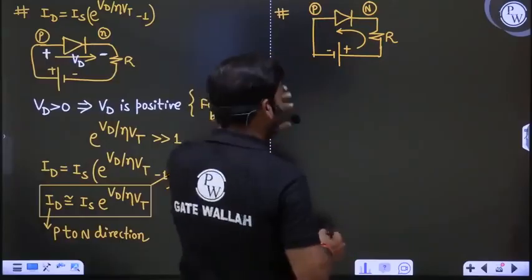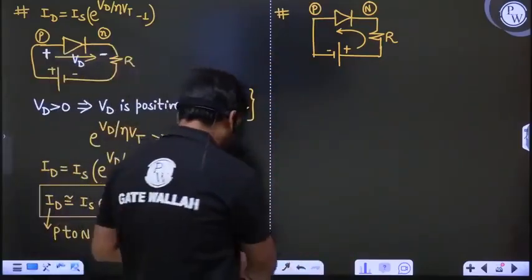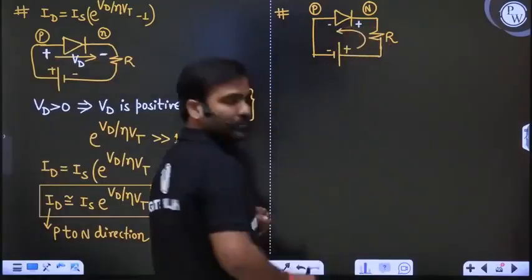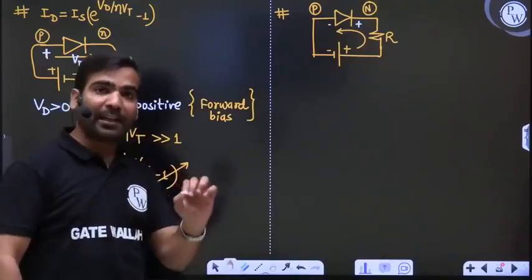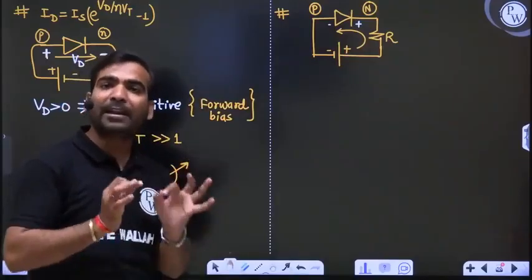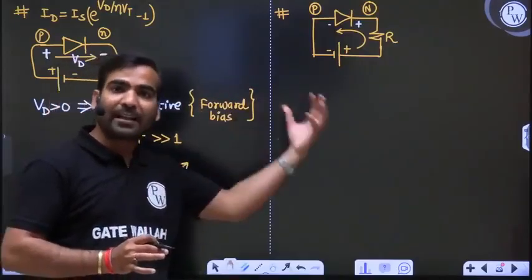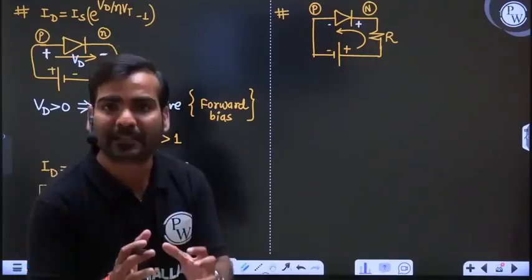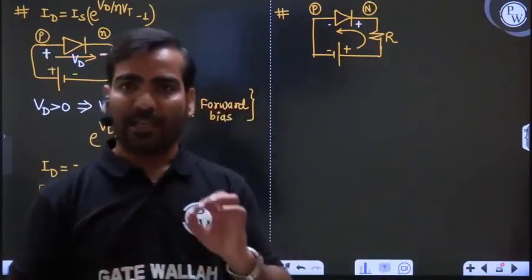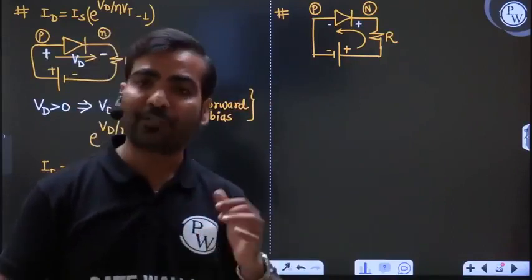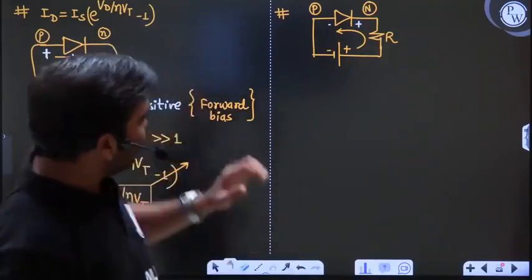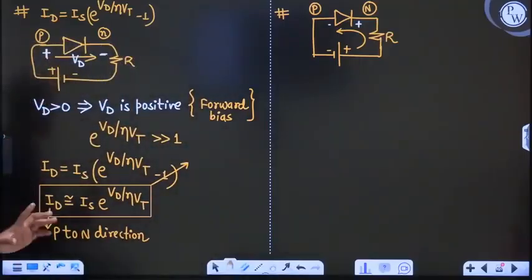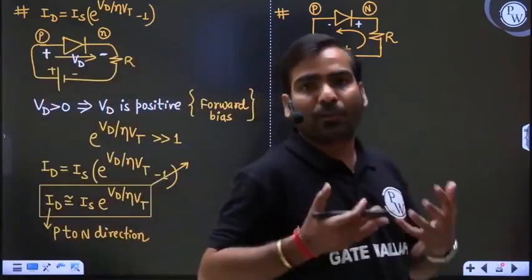But now in this case, again we will write the equation of ID. But before that, what is the voltage? Here plus, here minus. So voltage will be like that. Now Vd is positive or negative? I told you already. Positive Vd means P side positive, N side negative. If a battery is providing voltage to the diode in such a way that the P side is connected with the positive of the battery and N side is connected with the negative of the battery, then Vd is positive. We will say diode voltage is positive.